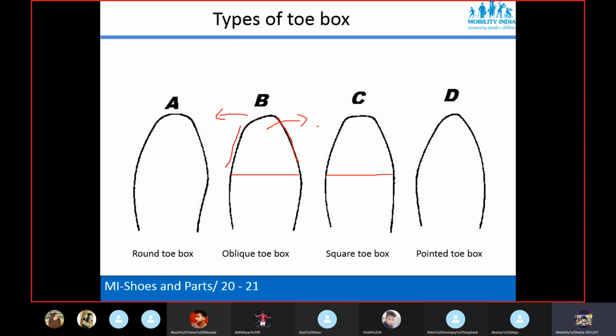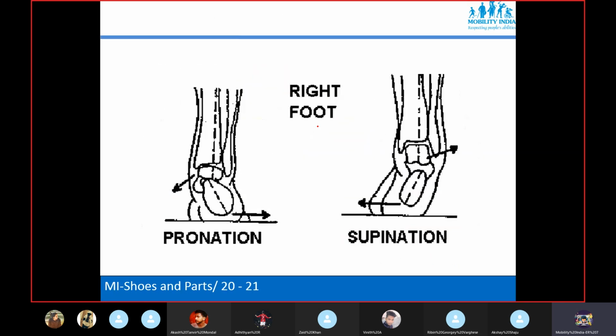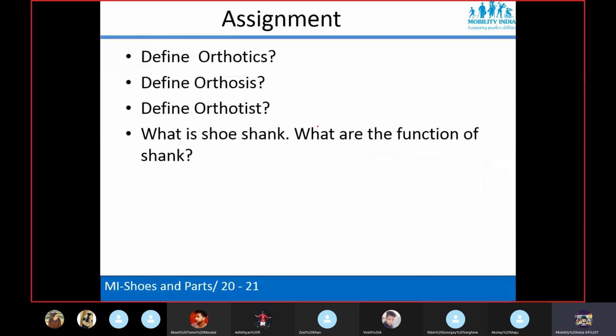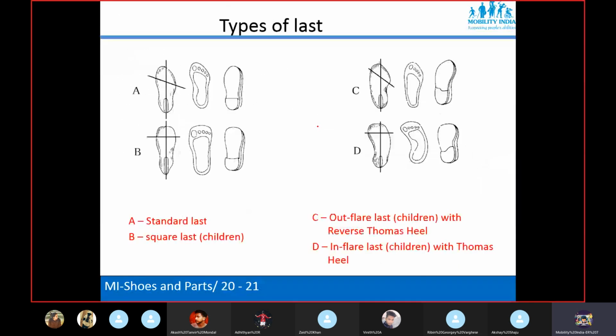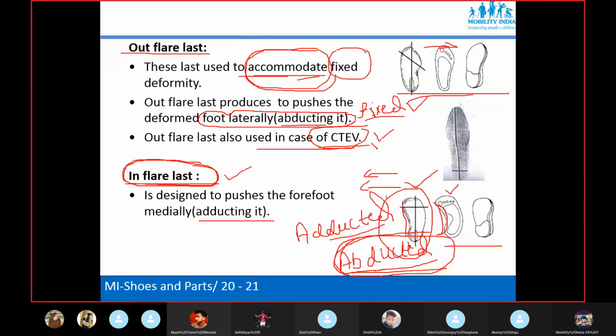But this you will study better in different conditions, you will not understand now. I will not go that much deeper because there is a separate class for that. So this one is clear, out flare, now in flare.